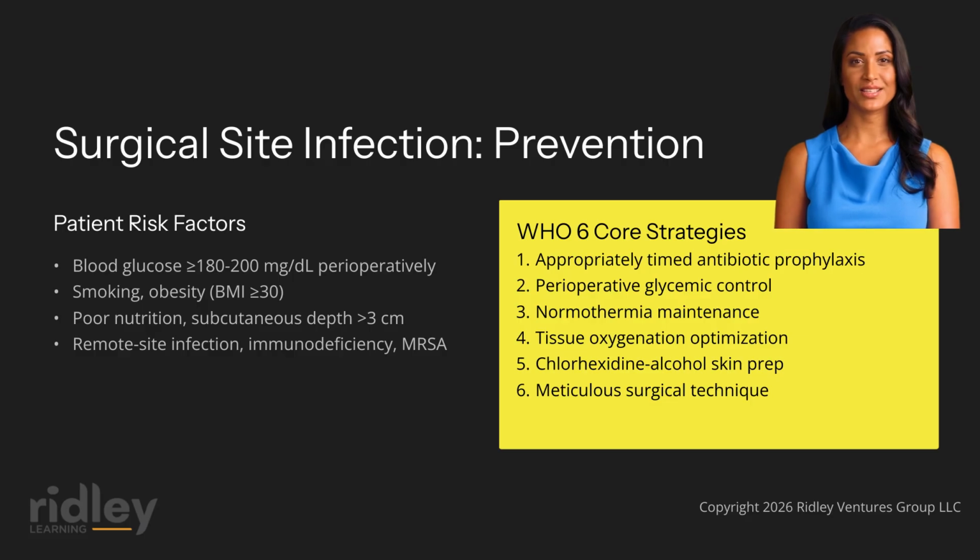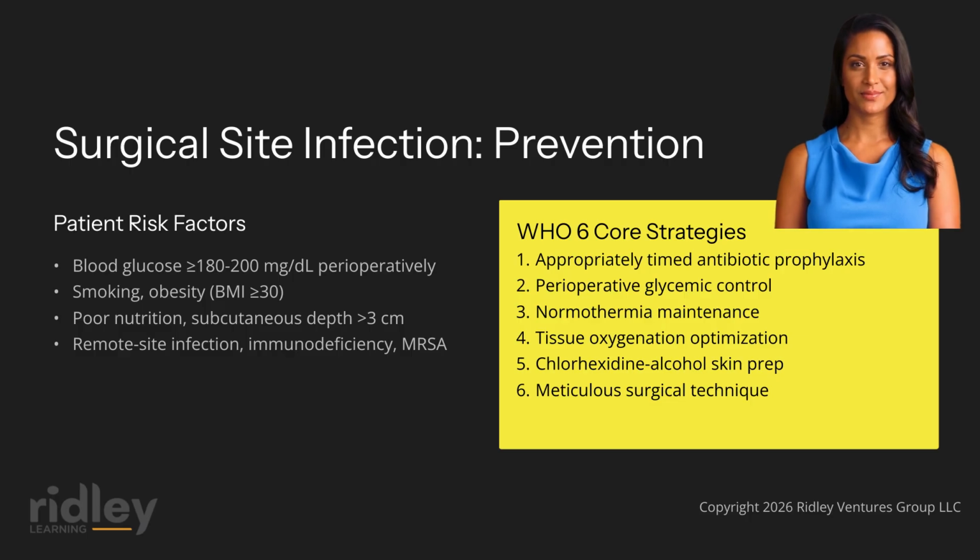The American Diabetes Association 2026 Standards of Care for Diabetes Management in Hospital Settings provide specific guidance on perioperative glycemic targets that directly impact surgical site infection risk, recommending blood glucose maintenance below 180 to 200 mg per deciliter throughout the perioperative period, with insulin infusion protocols preferred for major surgical procedures. This recommendation is supported by evidence that perioperative hyperglycemia is independently associated with increased surgical site infection risk across multiple